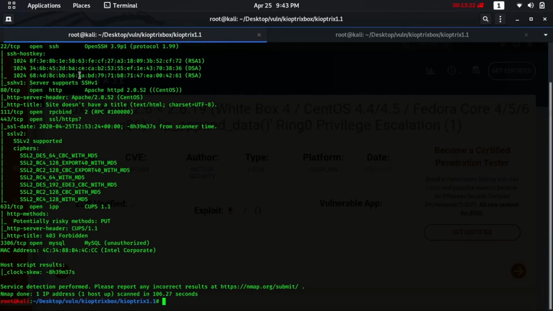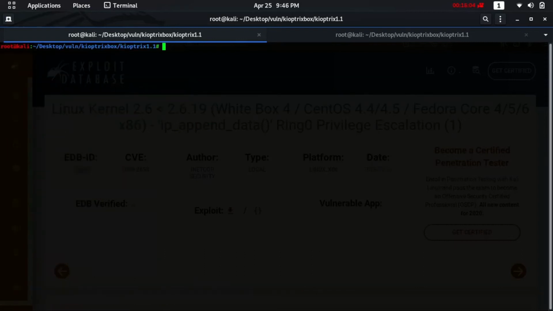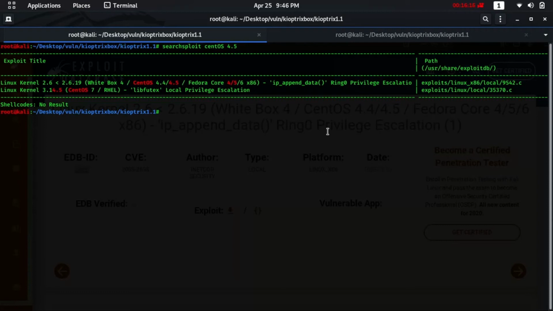Let me do it with searchsploit. Okay, first clear the screen. So searchsploit CentOS version 4.5. Hit enter. Okay, here we got one thing and it's the first one we need to choose because it has the same ID number 9542.